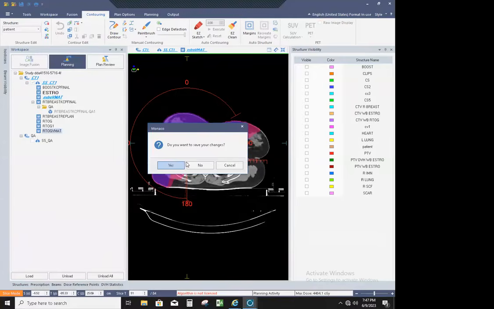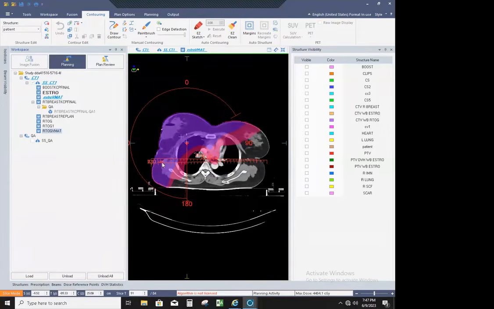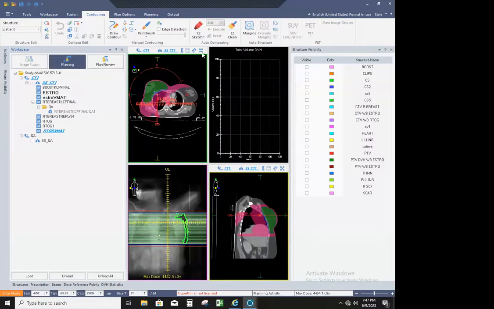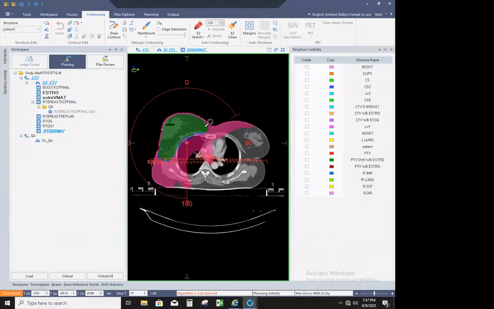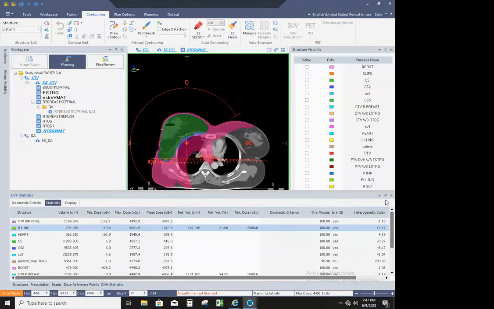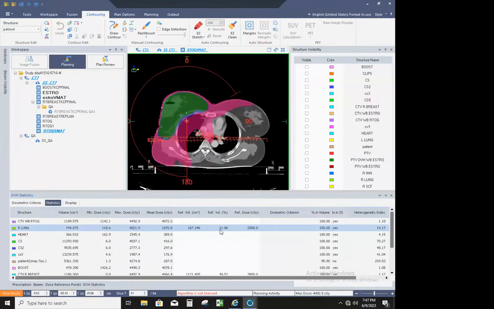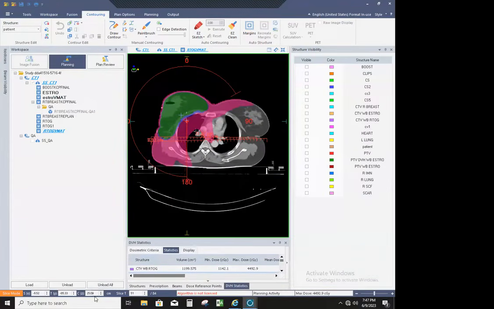If you go for the RTOG for the VMAT plan, the RTOG volume, you can see the DVH statistics. If you see the right lung, you can see the 20 Gray volume is 21%. So RTOG has more volume than the others, so definitely lung doses are coming in more. So this is the 20, but if you compare the two plans,